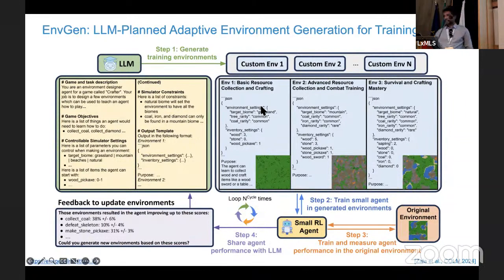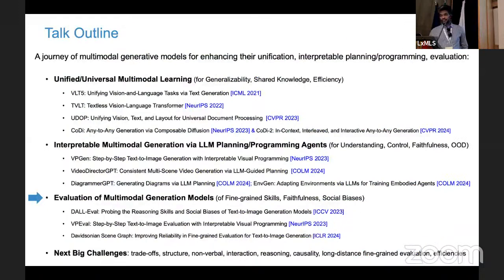Using, say, JSON files or other programming formats, such that you then send these environments back to the agent to train on. And then this cycle keeps repeating n times such that the weaknesses keep changing, right? Harder things come up as weaknesses, and the model keeps generating targeted games for the agent to play in. So yeah, this is also pretty recent, so happy to chat about it.